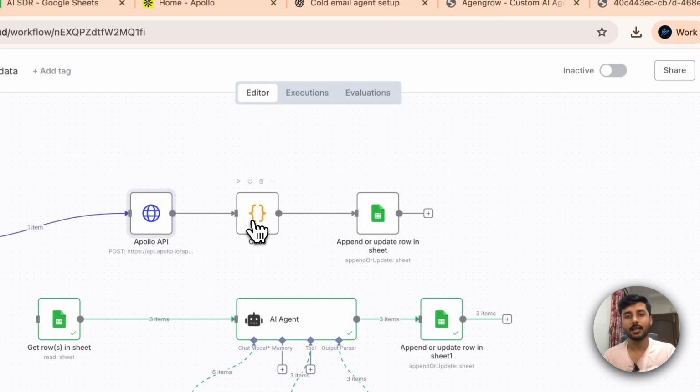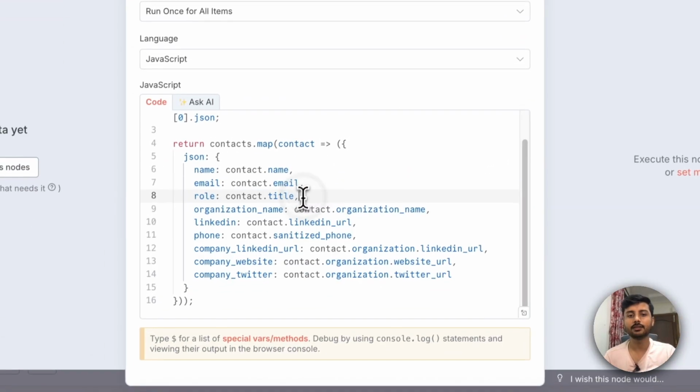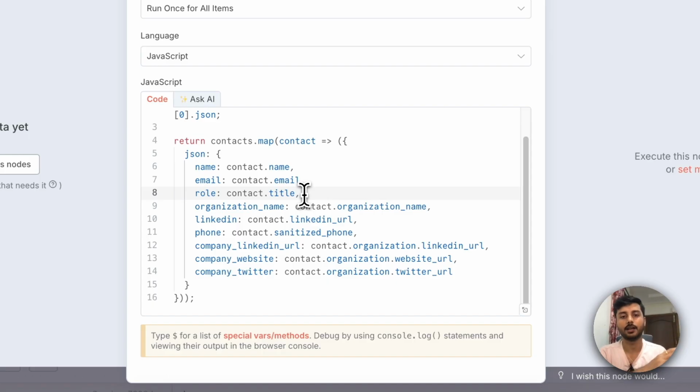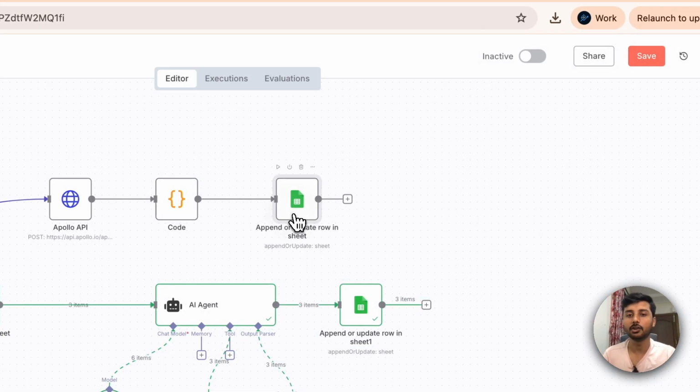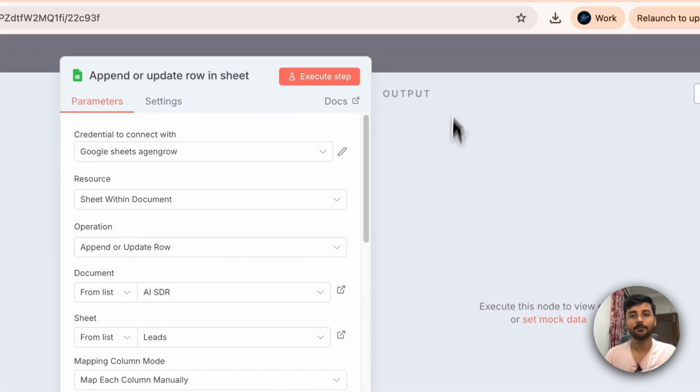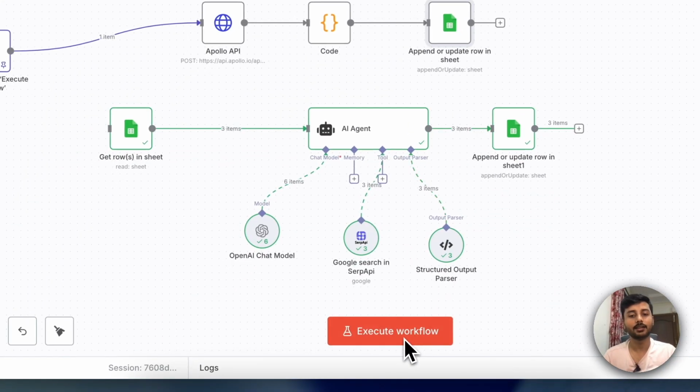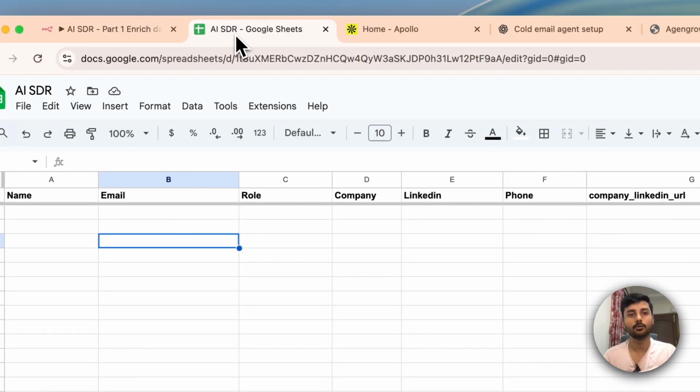And then in the next step, I'm using some code because Apollo gives me a lot of data. With this code, I'm just filtering the important data, which I will write into my Google Sheet. That's it, right? So now I'll just execute this workflow